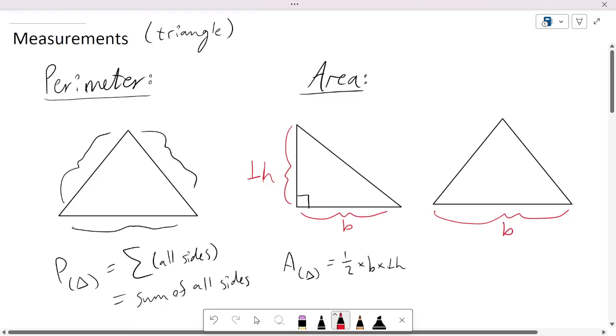That's the bottom of the triangle. So we know that that is a nice straight line that we have in front of our eyes over here. And the rest of the sides are actually diagonal. So in order to get a nice straight line over here that is not diagonal, we need to draw a line from the apex of the triangle, or the vertex of the triangle, such that this new line that we've constructed is perpendicular to the